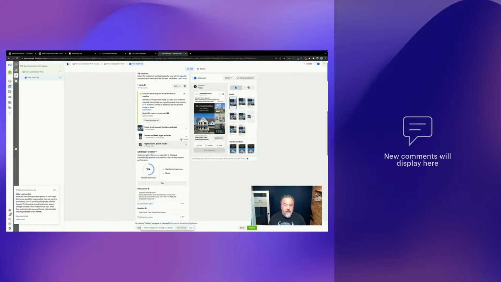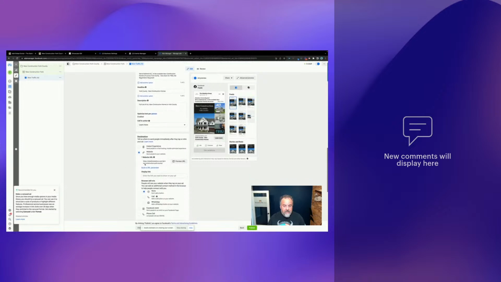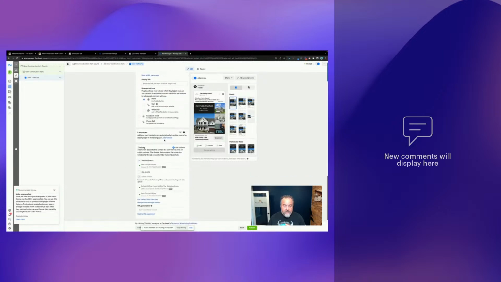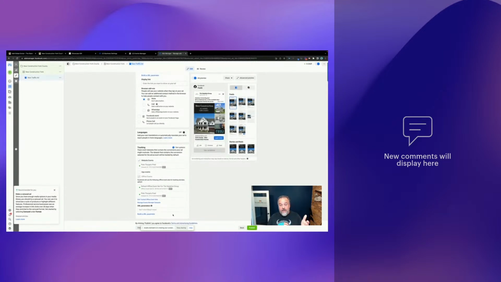There we go. May rise due to too few ad creative. That's fine. We're letting that roll for now. Website is there. The URL is there. Website events. The pixel is installed on it. And at this point, later training, URL parameters. If you're going to be running multiple ads, you can put some parameters on the back end so that traffic knows exactly what ad it is coming from. This is the only one I'm going to have running for right now, so we'll know exactly what it's coming from, right? And then we just hit publish. At that point, the ad is going to go ahead and kick off